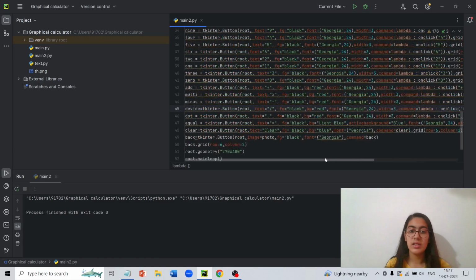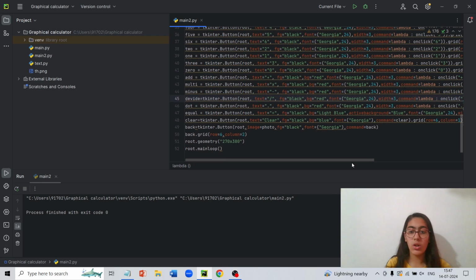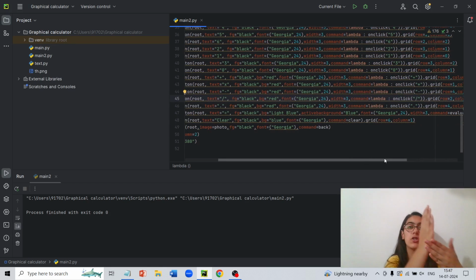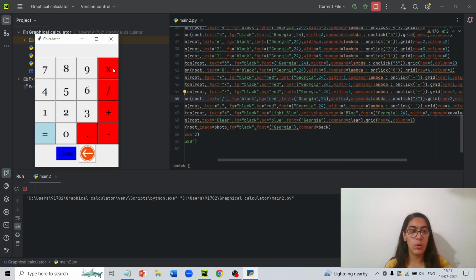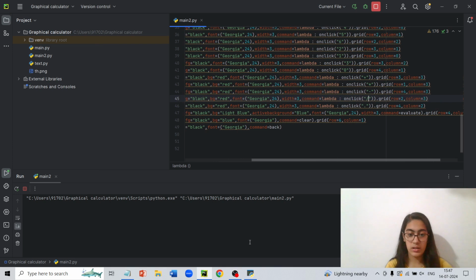Let us see now. Here we have back.grid. I have added grid to all of them because grid helps us define in which row and column each should be made. You must be seeing there are 1, 2, 3, 4 and then 1, 2, 3, 4, 5, 6. So it's a 4 by 6 table, and here we have different values. The 7 is in 1 comma 2, the 8 is in 1 comma 3. Similarly, there are different values for all of them which we'll need to calculate as we go on. So this is what we have made over here.